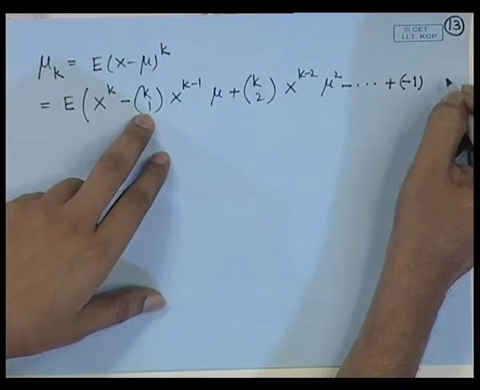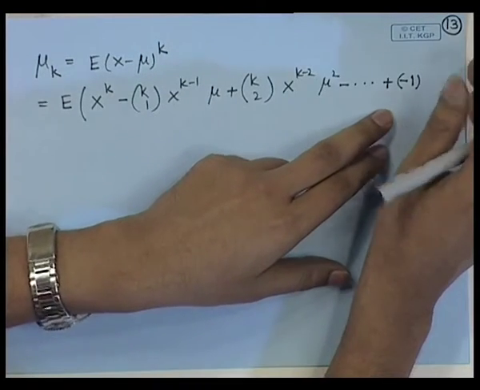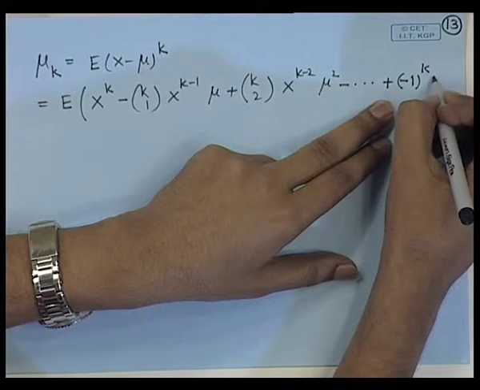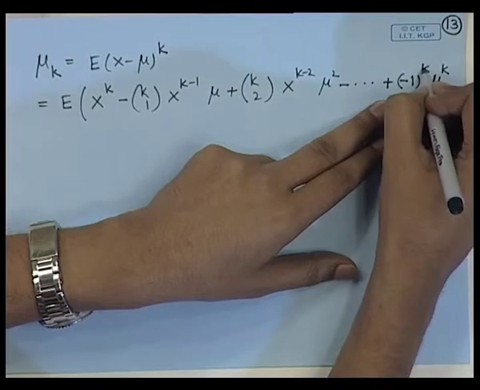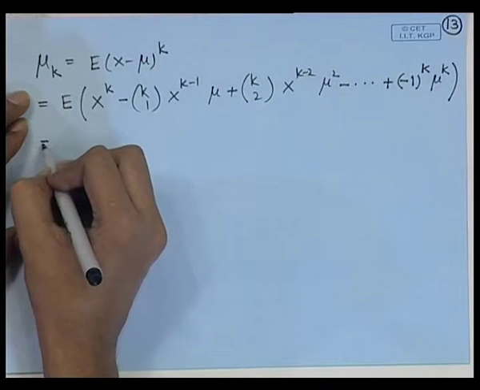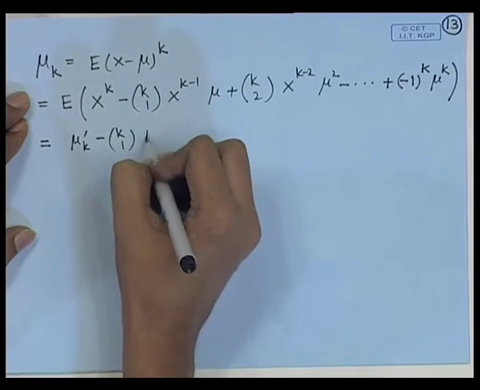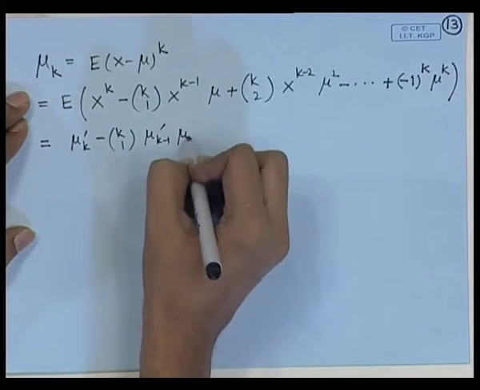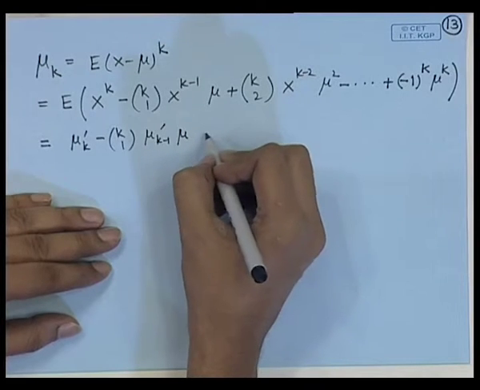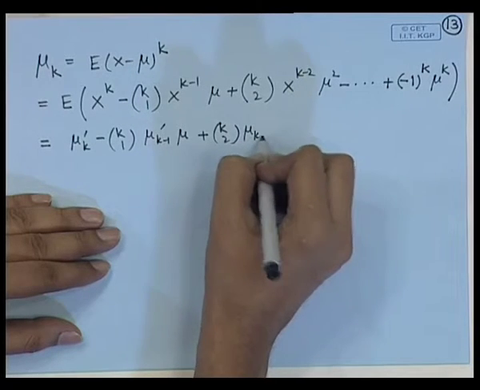So, the first term is k c 1, and the last is k c k, and you will have minus 1 to the power k mu to the power k. If you look at this, it becomes mu k prime minus k c 1 mu k minus 1 prime into mu plus k c 2 mu k minus 2 prime mu square